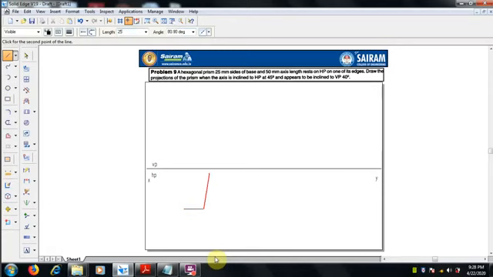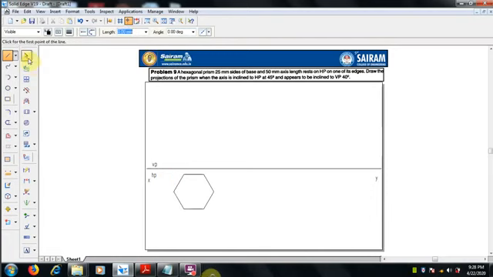So first 25 at 0, next 25 at 60, then 25 at 120, then 25 at 180, then 25 at 240, then 25 at 300, or you can join directly to the last end point at 300.